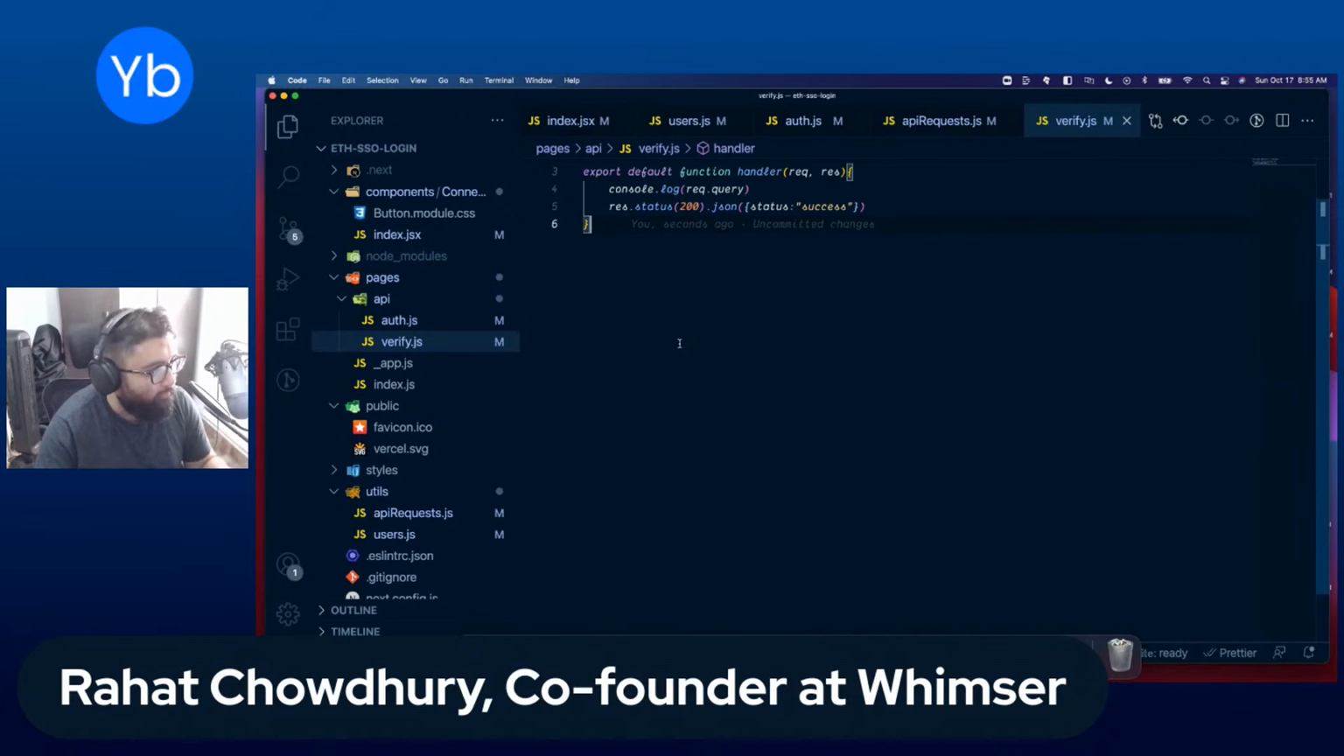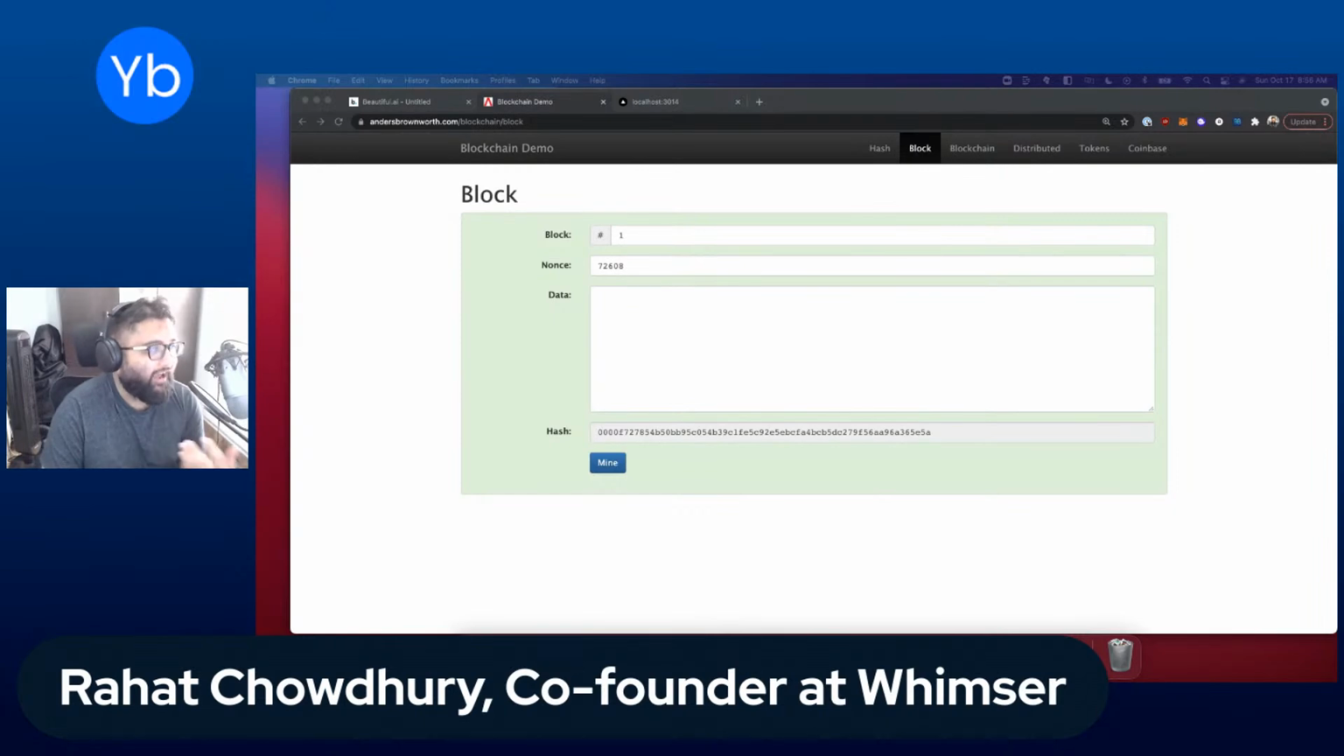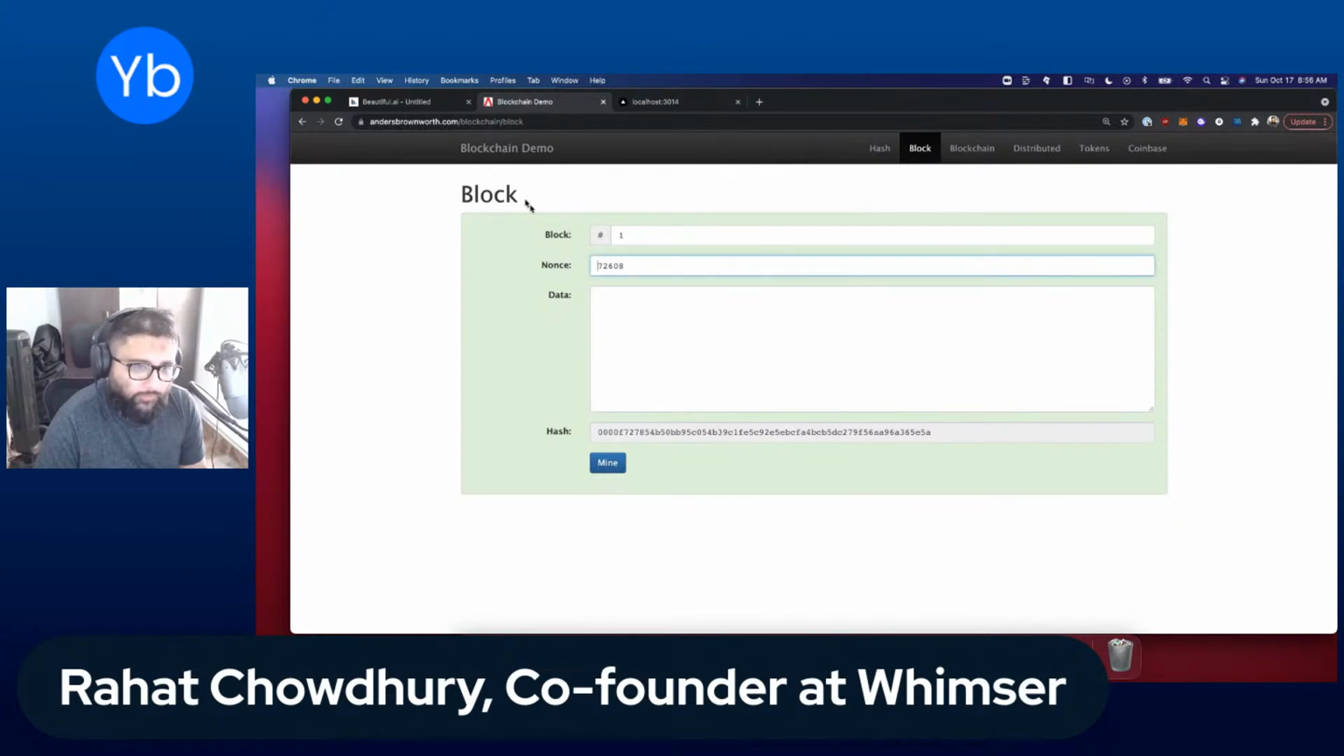But now we're sending all of the information that we need to verify that this person is who they say they are. How do we do that? So to do that, let's go over really quickly what a block on a blockchain is. So this little visual demo is on andersbrownworth.com/blockchain. It gives you a little bit of a way to see how blocks are mined on the blockchain. Really cool. So this block here has a nonce, has some data, and then it has this little